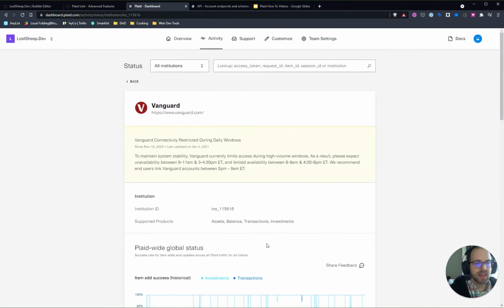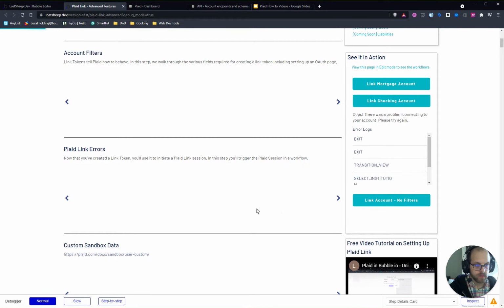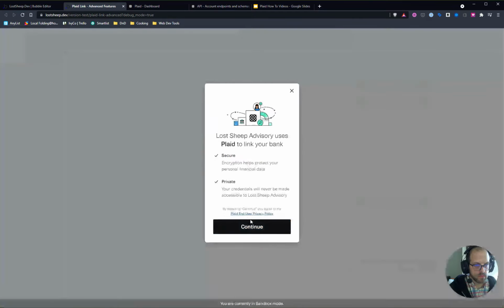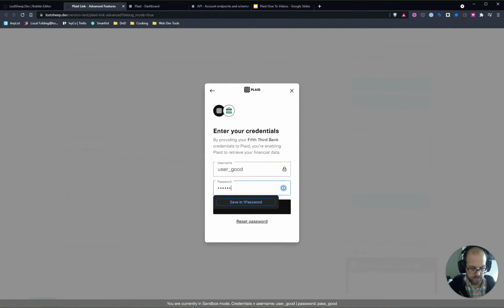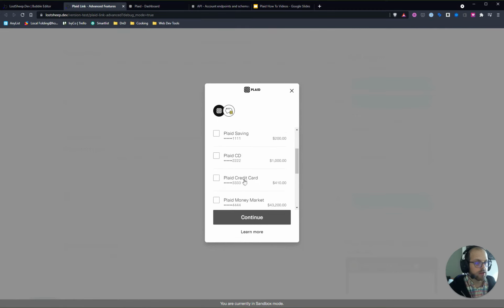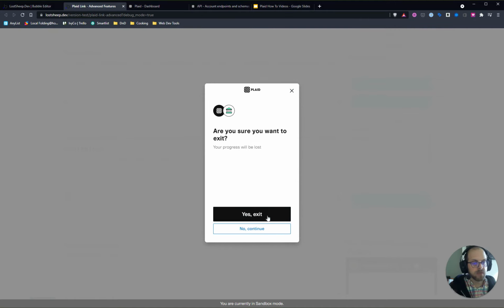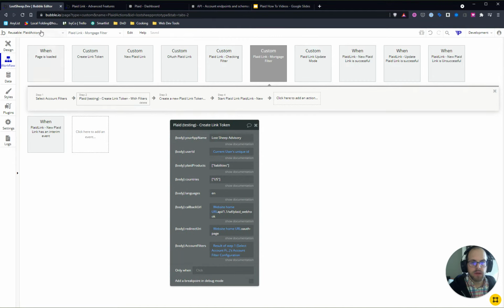The way you limit this list of accounts to only the types that are relevant for your use case is through what's called an account filter. This is a little different than the products that you're initiating through Link, and I want to show you how to do that right now so that you can limit which accounts your users connect and make the best possible user experience for them. So if I jump over into Bubble here, this is in my Plaid Actions reusable element,